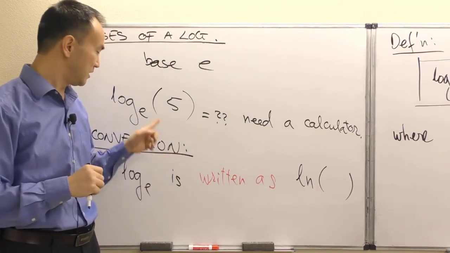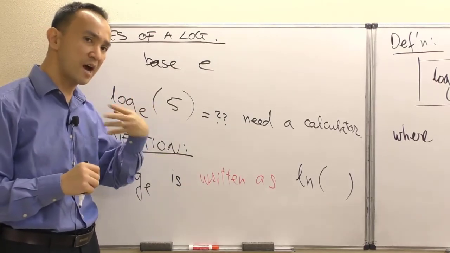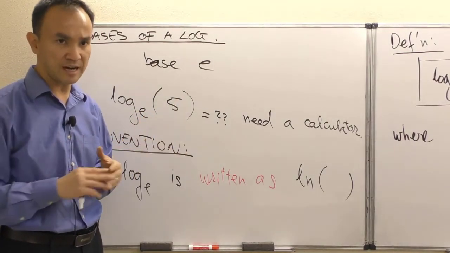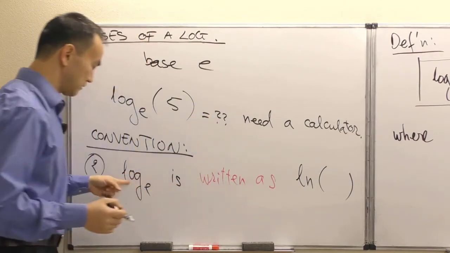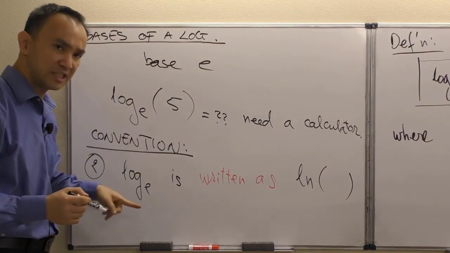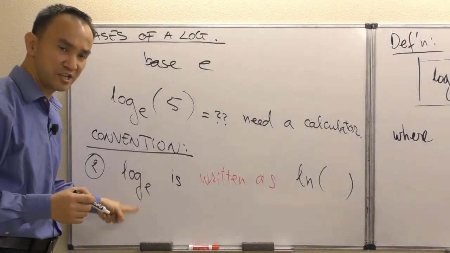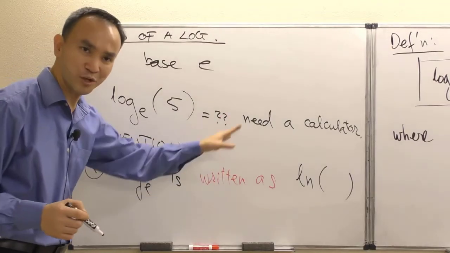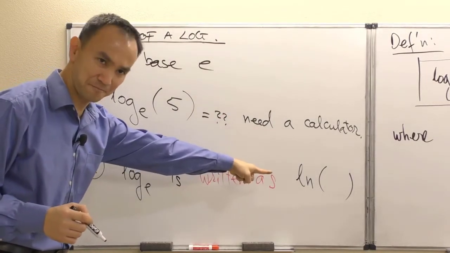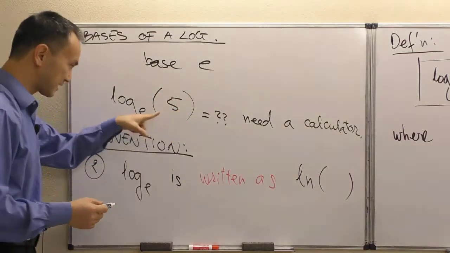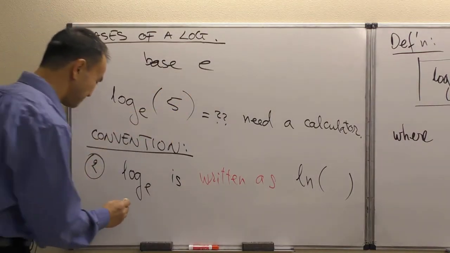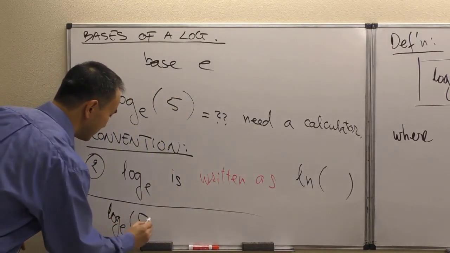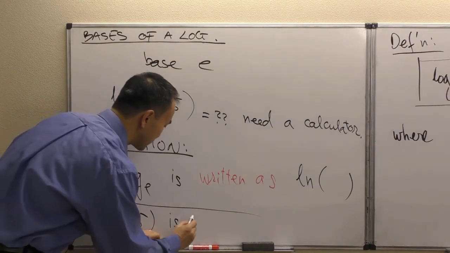The same here. When you say it out loud, you say log base e of 5, meaning what power of base e equals 5. But no one in the world these days writes log with the subscript e. To communicate with mathematicians worldwide, we write ln. So that means log base e of 5 is the same